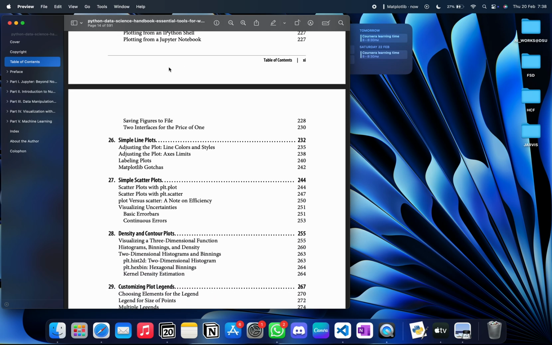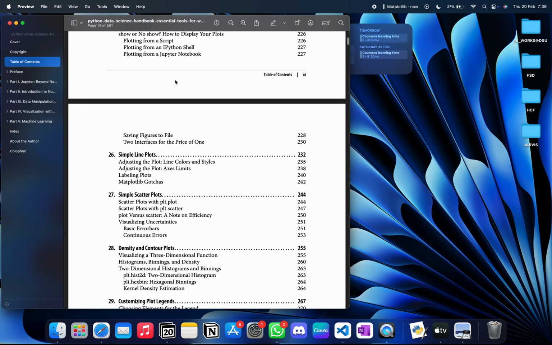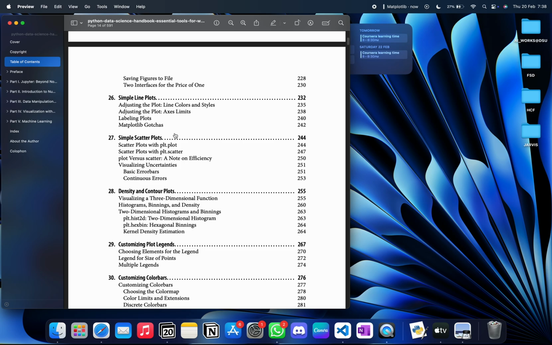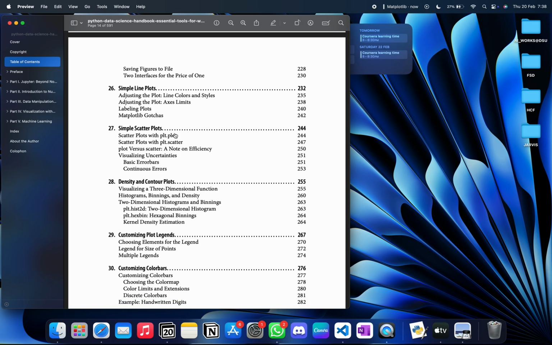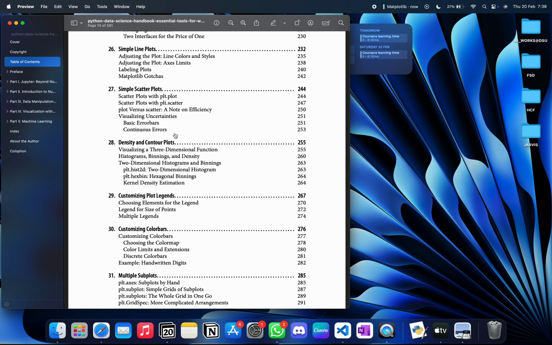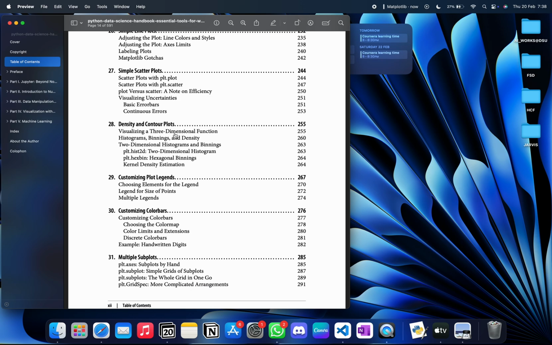Definitely, if you are using something else, you have to install it first, then only you can use it. Then we have simple line plots, how to plot the basics, then scatter plots, line plots and all. We'll discuss density and contour plots. Most of you might know what a contour is, but